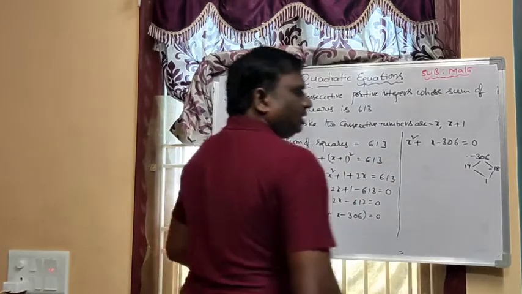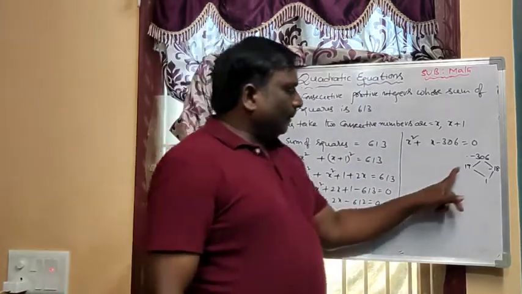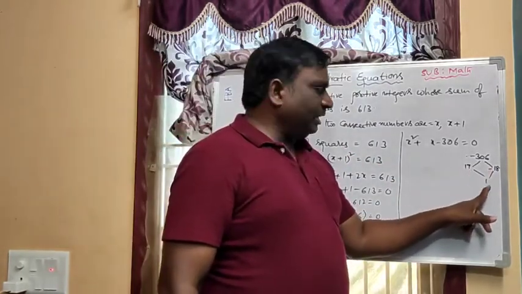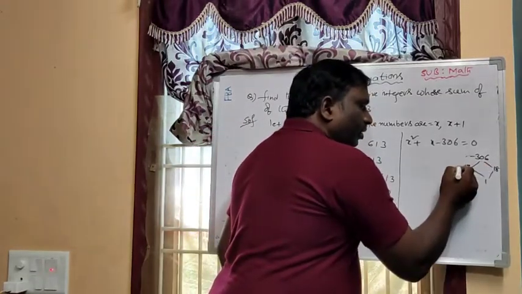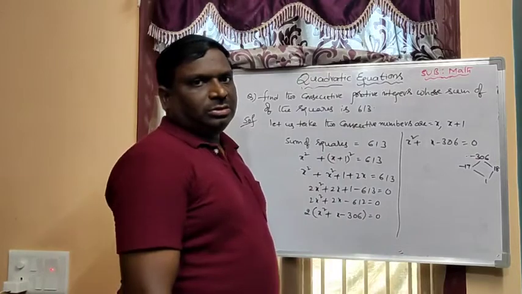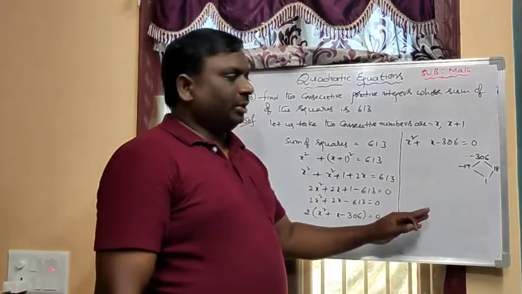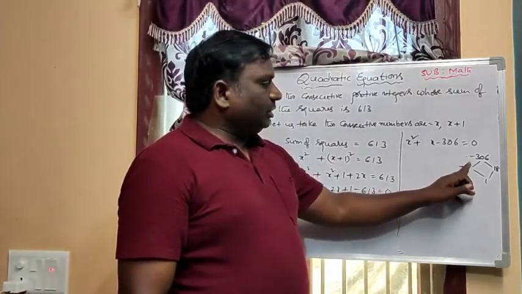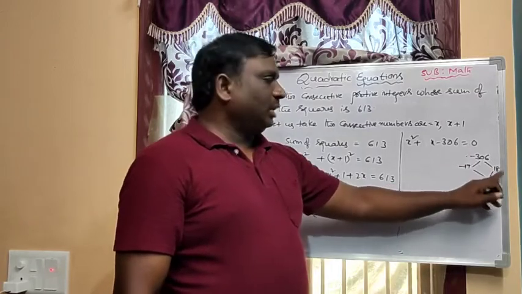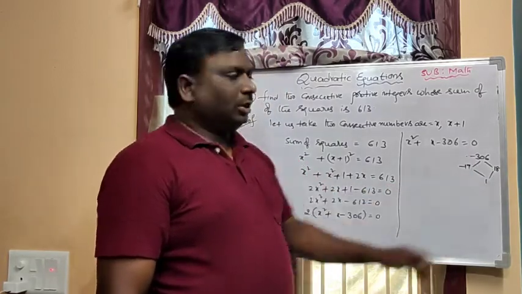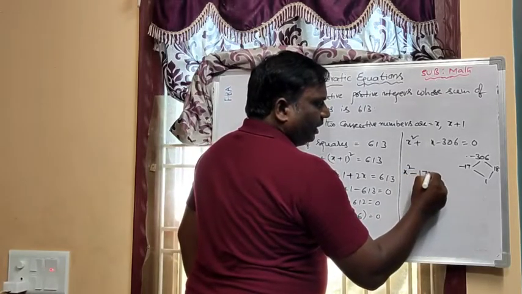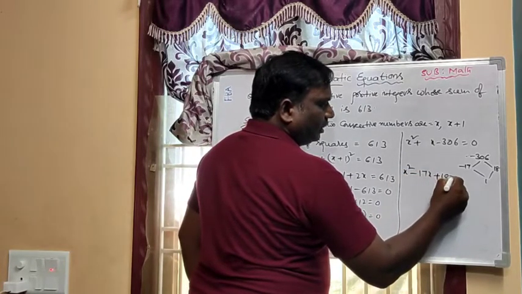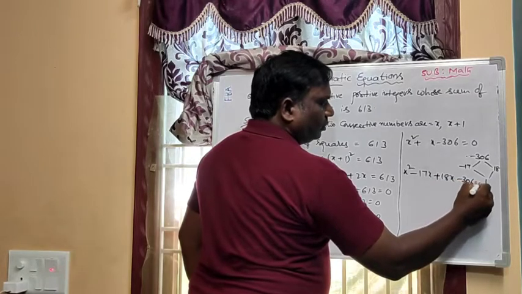Now if you take minus here, definitely 17 minus 18 is minus 1, but here it is 1. Then change the negative sign for 17. Then minus 306, if you multiply these two, minus 306, 18 minus 17 is 1. So now you can write x square minus 17x plus 18x minus 306 equal to 0.